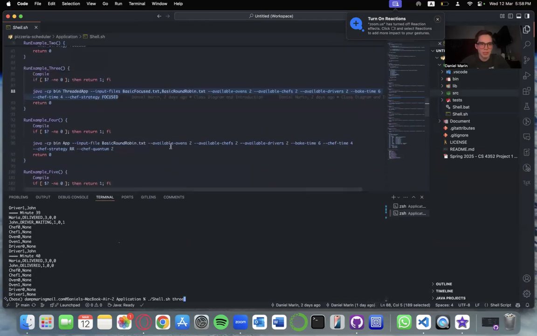Then 3 is using the threaded app, which is the threaded simulation, which creates multiple threads for multiple simulations, simulating a manager for multiple restaurants. As you can see here, it's provided. And we can also